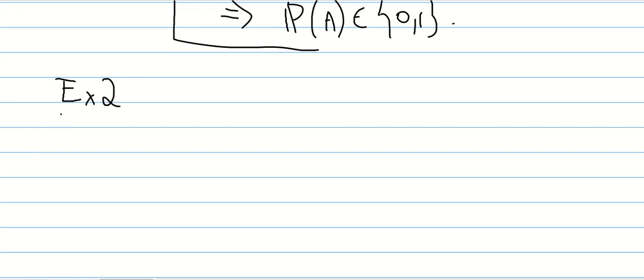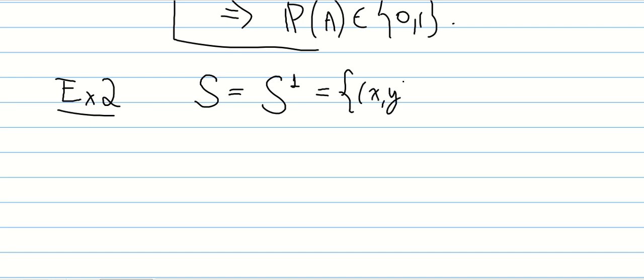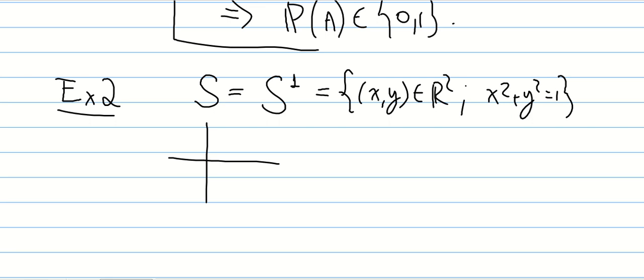Example 2 is actually going to be a counterexample. So suppose that our space S is S1, the circle. This is just the set of pairs (x, y) such that x squared plus y squared is 1. So this is just the circle,